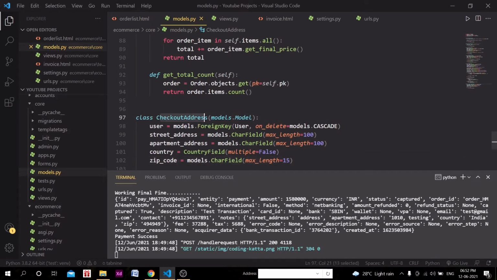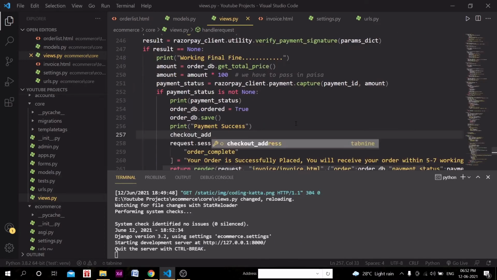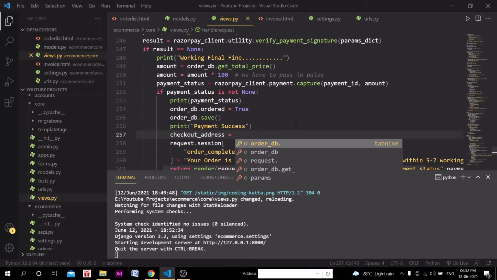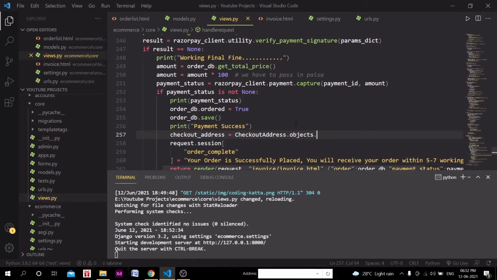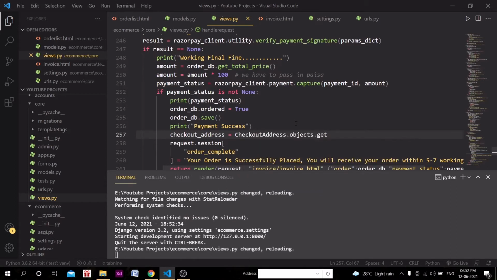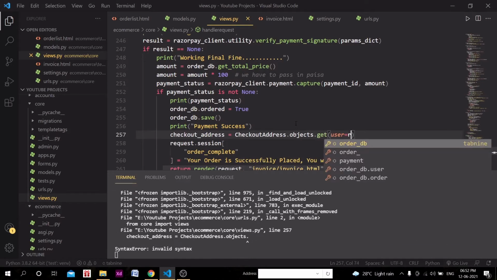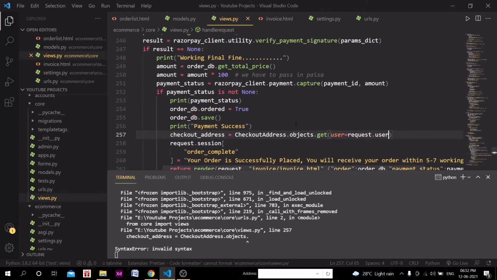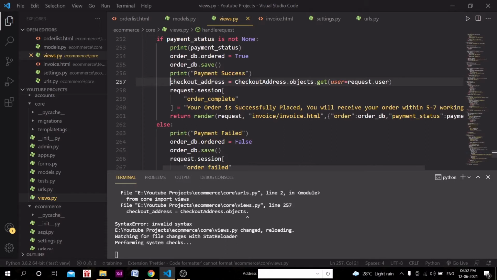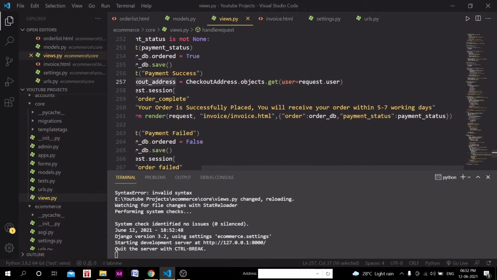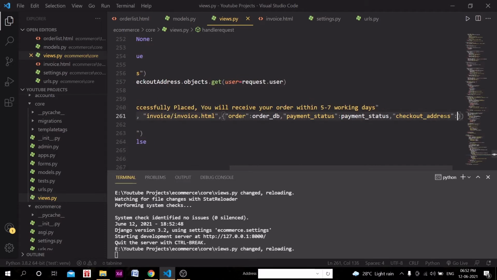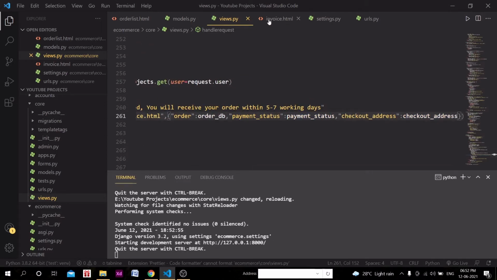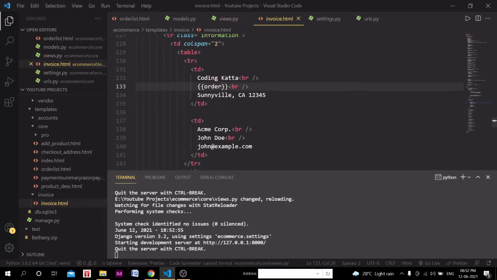So we need to call checkout address dot object dot get. We will get that user equal to request dot user, and we will pass this checkout address object in the context dictionary, right? So checkout address equal to checkout address, and here in the invoice generation we can see